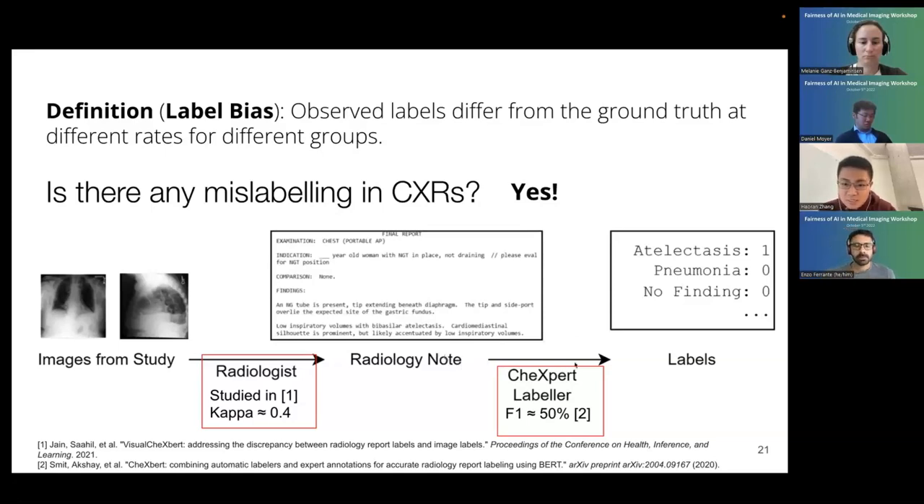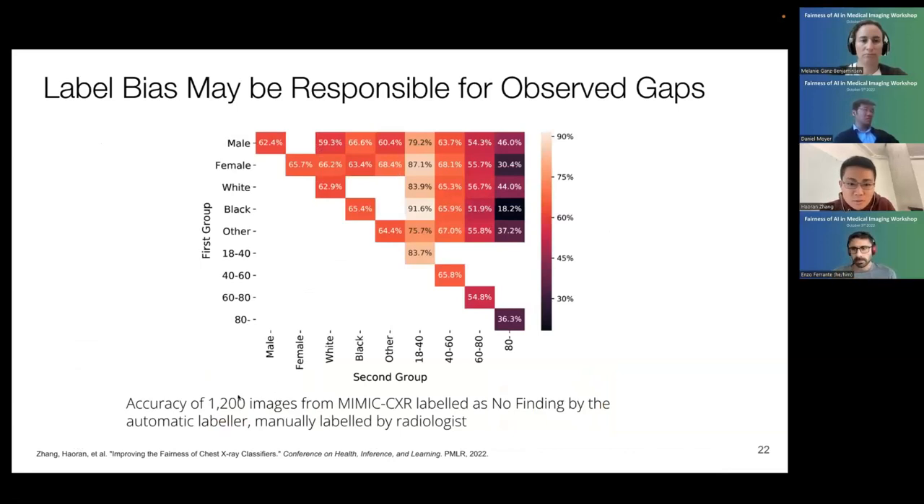Here we study in particular this edge going from the note to the label. We got a radiologist to label about 1,000 images from MIMIC-CXR, which are images that the labeler defines as no finding. Here we ask, between intersections of groups, for example white males, what percent of the images are actually no finding? There's a bigger version with confidence intervals in our paper, but essentially,